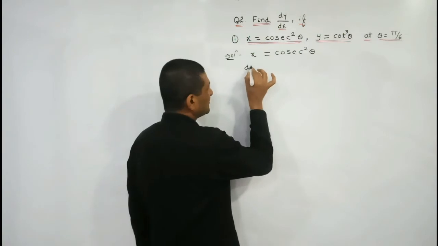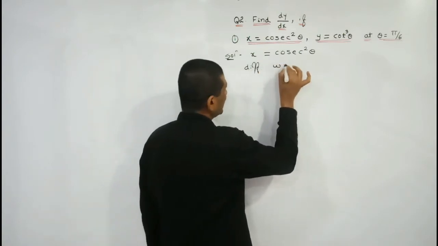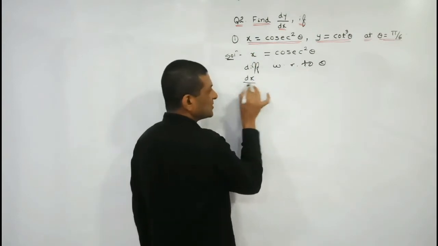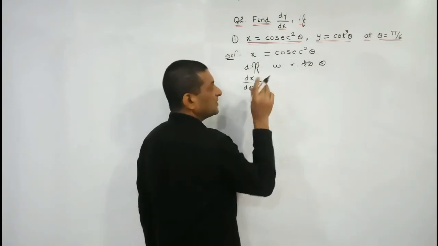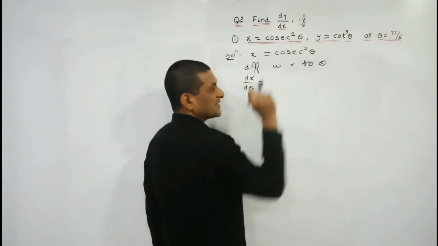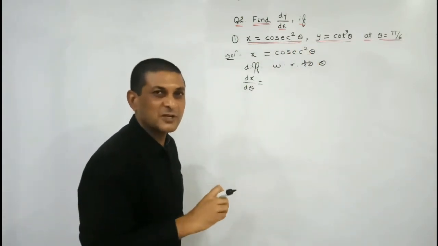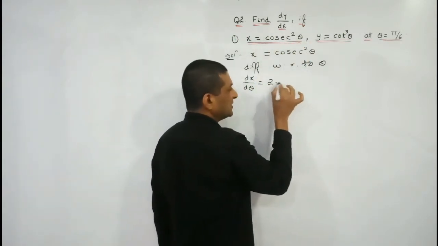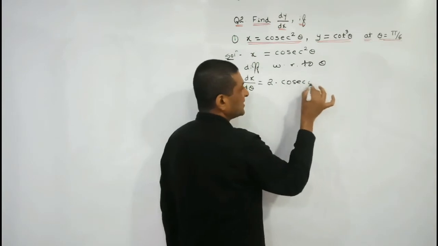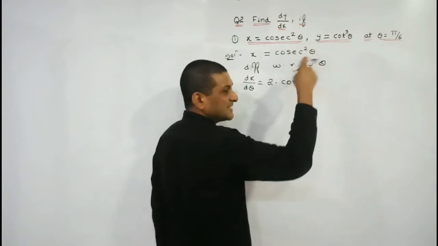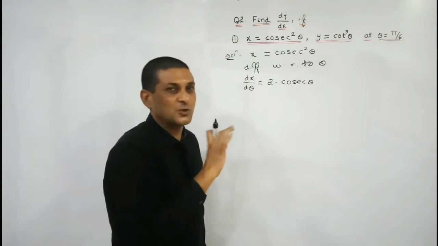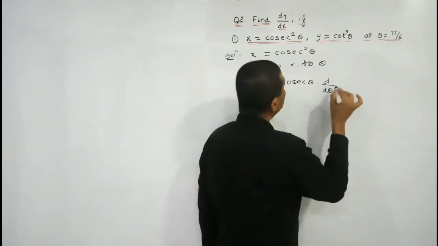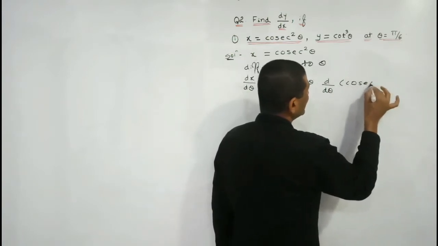So I am differentiating first x with respect to parameter theta. The derivative of x with respect to theta is denoted by dx upon d theta. On this side, the function is in the form of f of x raised to power n, where f of x is nothing but cosec theta. So first take the power of cosec theta as a coefficient, then decrease the power of cosec theta by 1. What is the power? 2. If we are decreasing it by 1, the new power will be 1. So it is not necessary to write 1 here, into the derivative, meaning d by d theta of cosec theta,